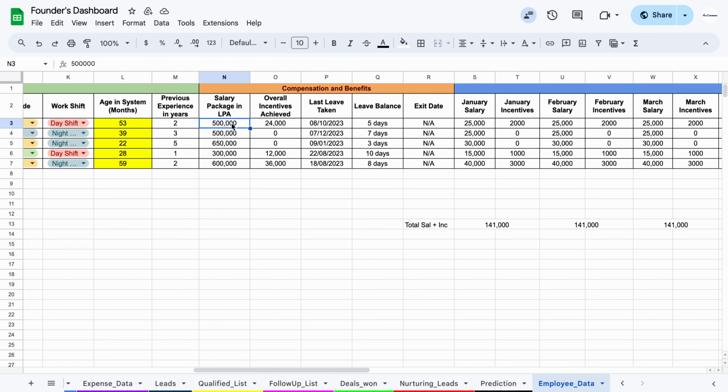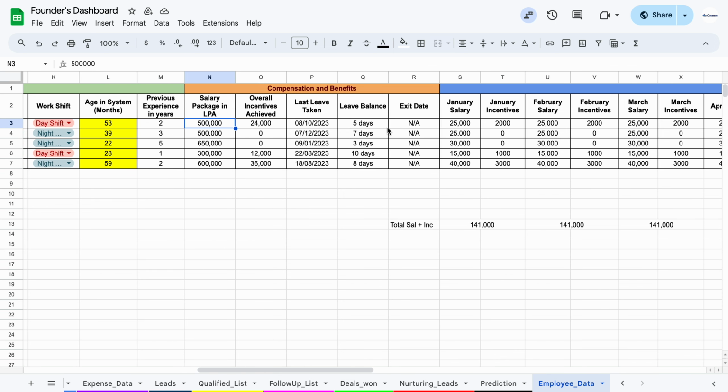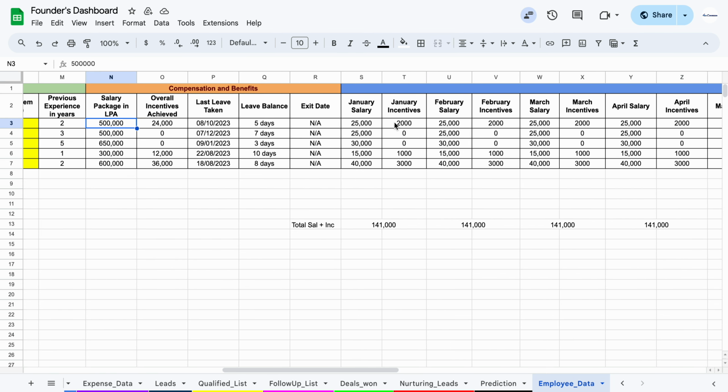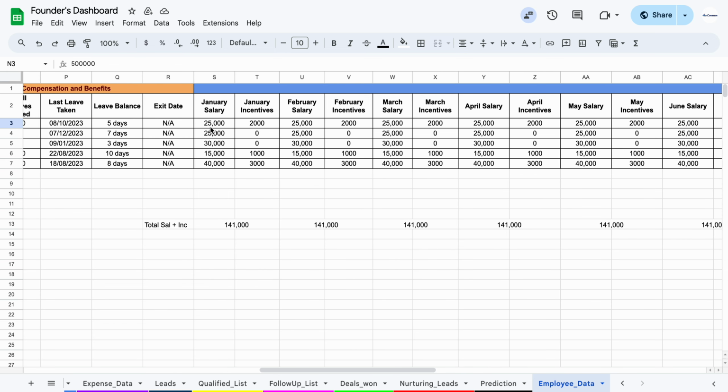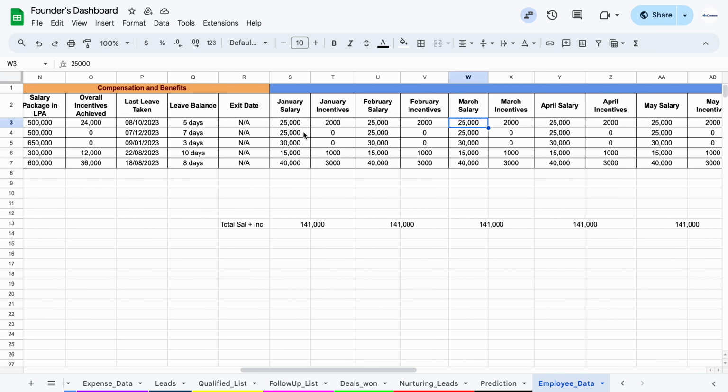So you have to mention the salary in package, and leave balance and leave taken are optional. If you want to track, it's your wish, it's just optional. And also you have to mention the salary on Jan and incentives if there are any, Feb salary, and then incentives. So every month once you need to update this, once you have shared the salaries. So I'm just mentioning the salary, and this will be calculated here